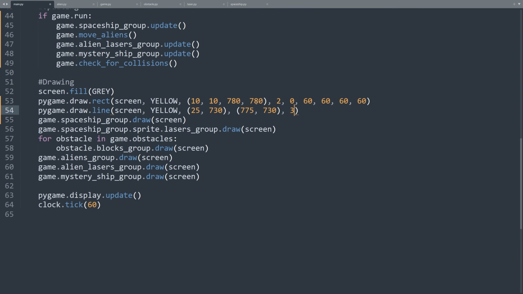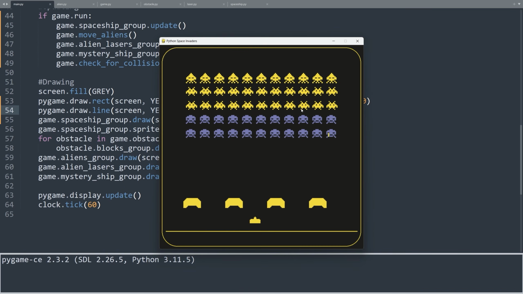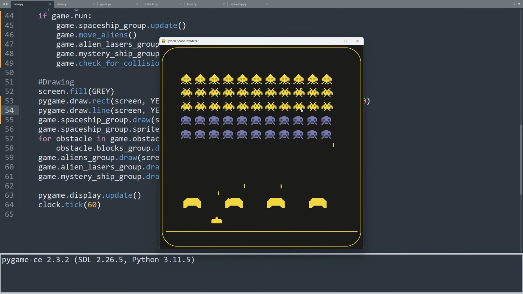This line of code in Pygame draws a yellow horizontal line on the screen with a thickness of 3 pixels, starting at coordinates 25, 730 and ending at coordinates 775, 730. If we run the game one more time, we can see that the line appears.